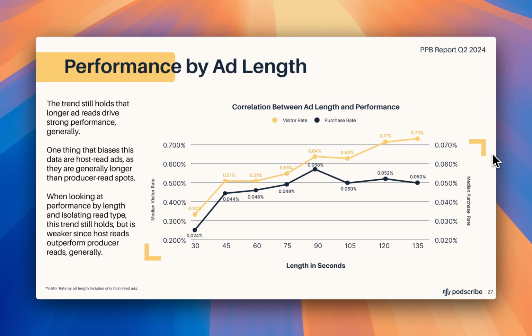And there are some confounding variables in here, right? Host-read ads specifically will typically have longer ad length, and we see host-read ads typically performing better than, let's say, impression-based buys or producer-read ads that are generally pre-recorded and shorter in length. So it's likely that things like baked-in host-read ads are influencing some of the performance rates we're seeing at the far right of the graph. But it is still very interesting and exciting to note that podcasts don't succumb to the same lack of attention span that we're used to seeing across other channels. Pete, I don't know if you have anything else to add there.